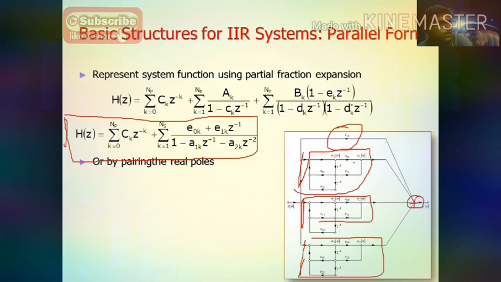So when you want to realize your system using the parallel form, you use the partial fraction expansion. Your general diagram becomes like this: C1, then the first transfer function, H2 the second, the third, and so on. Depending on the order, it will increase. But the input should be given as common to all the system transfer functions, and finally we collect the output from each transfer function by using the adder blocks. This is how we construct the parallel form structure.